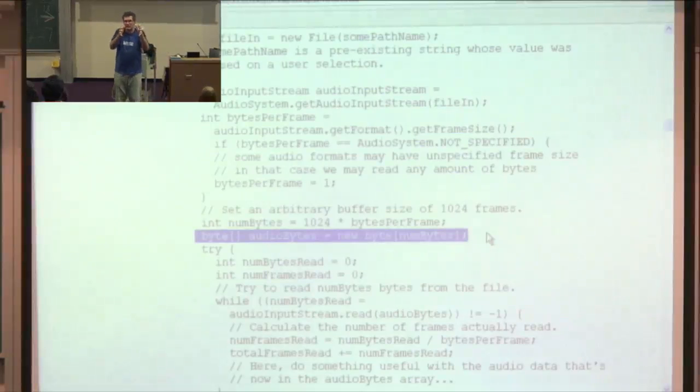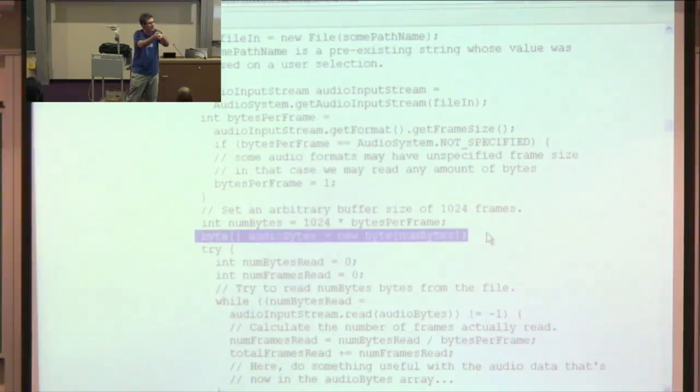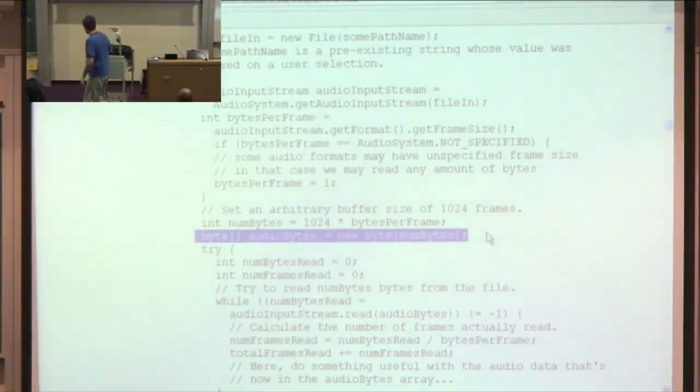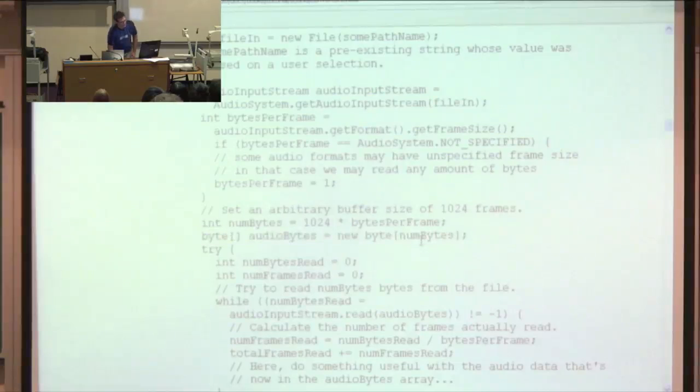I need to take a 4-byte chunk from the end, put that 4 bytes at the beginning. Next 4 bytes from the end, put that 4 bytes at the beginning. But within each of the 4 bytes, they're in the same order that they were originally, but I've just reordered the samples. Okay, so that seemed fairly simple. This got it all into an array, and I just had to reverse the array, and that just took a loop or something, and then it was all reversed, and I was happy as could be.